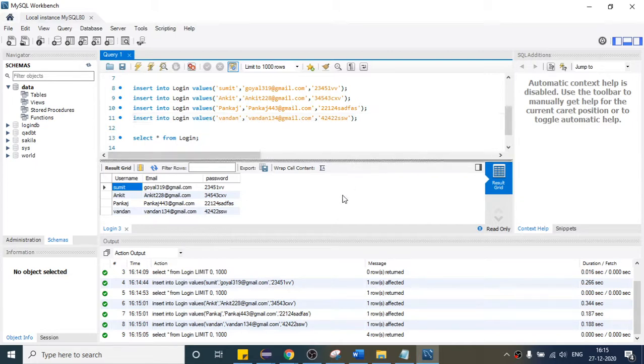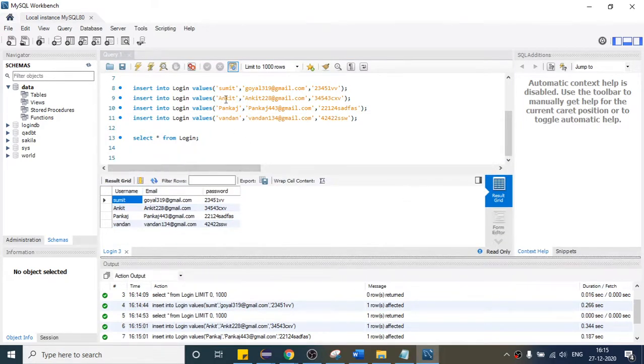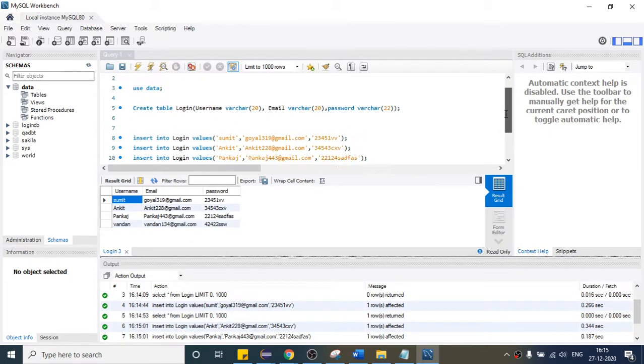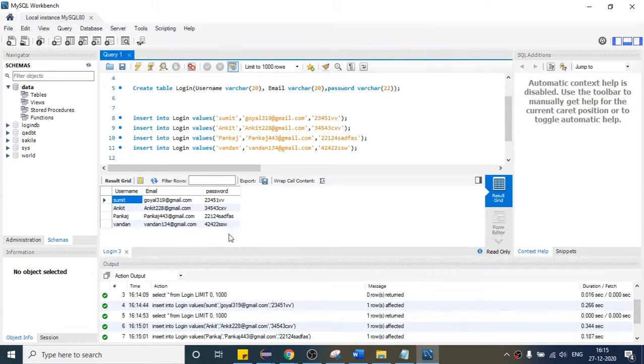Right, so you can also create other fields if you want: username, password, first name, last name. As of now, let us go with this one. Once I create the table, my intention is to get this data from the database into our test case. So how can we do that?